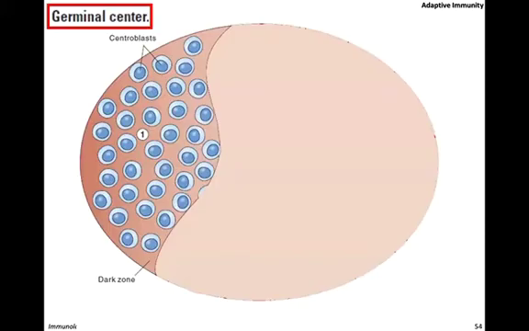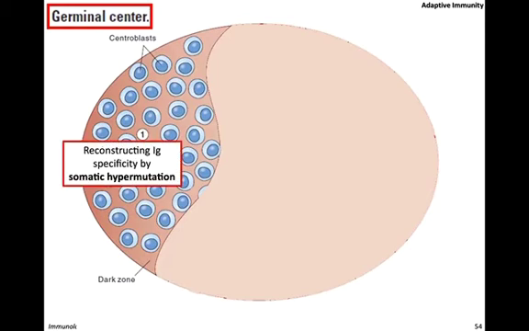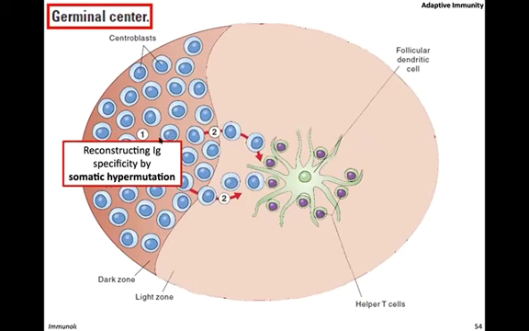So let's understand more clearly in this figure. As we said, the germinal center has two regions. The dark zone, as you can see, contains a B cell which is termed, at that position, a centroblast. And you have this other region called the light zone. So originally, this B cell that came from the bone marrow starts to reconstruct Ig specificity by somatic hypermutation. You can see that this centroblast can migrate to the light zone,